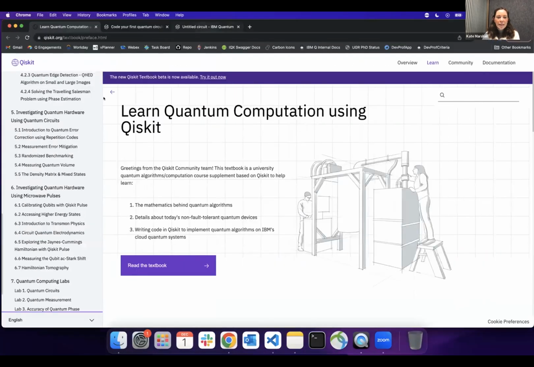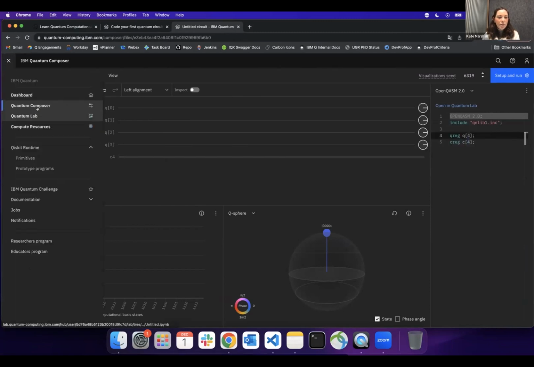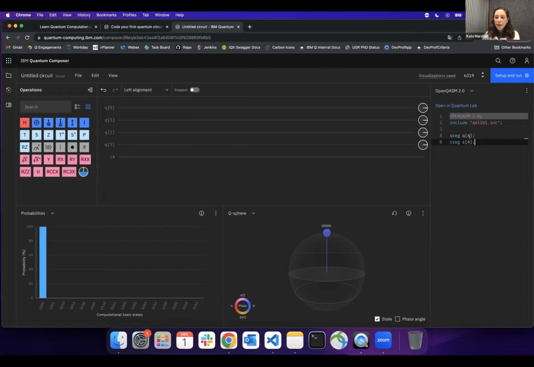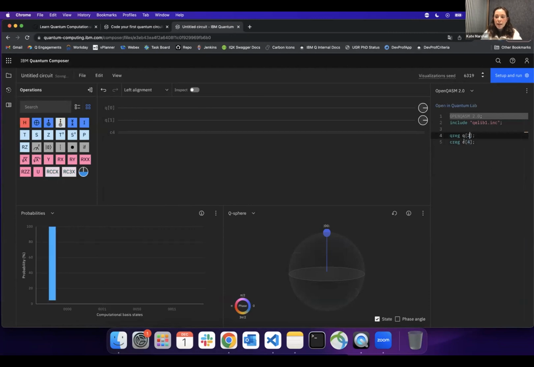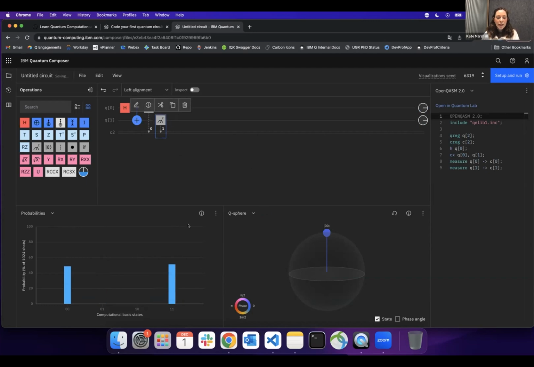But you can also use the composer tool, should you prefer a more visual learning platform. So here, if you just navigate to here, you'll see there's also a composer tool, and you can actually compose the same circuit here. So you can replicate exactly what we did in that tutorial by dragging and dropping these gates. And you'll be able to see the same sort of 50-50 probability if I was to measure each of those qubits. And that's everything we wanted to walk through today on this platform.